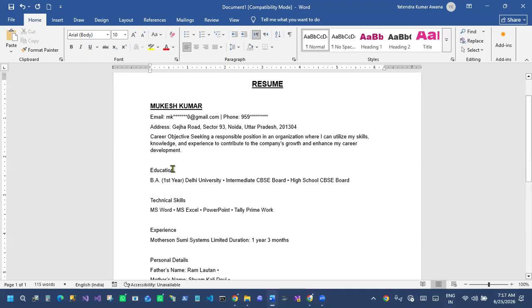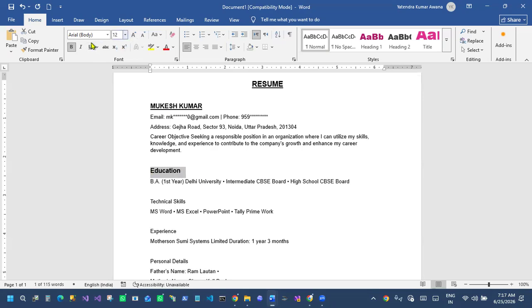First, you know the question. This education one I also want to make like this one. So I have two options. One is long and the second one is very short. Let's see the first long one. Select this one, right? Bold, then increase size, and give underline. That's it, right? So after 4 to 5 clicks, I was able to do it, right? This is the usual way.